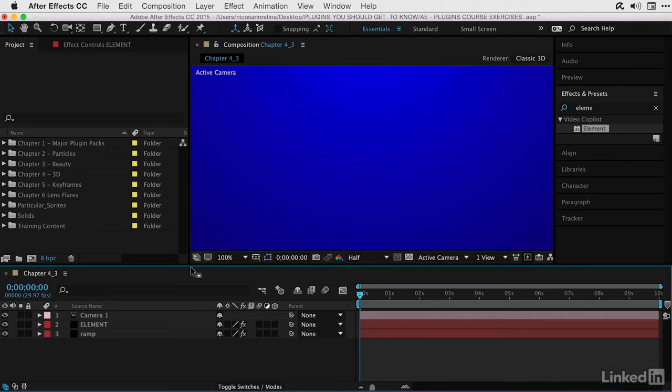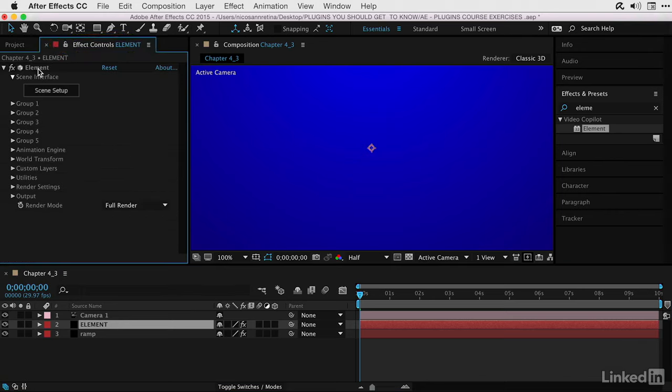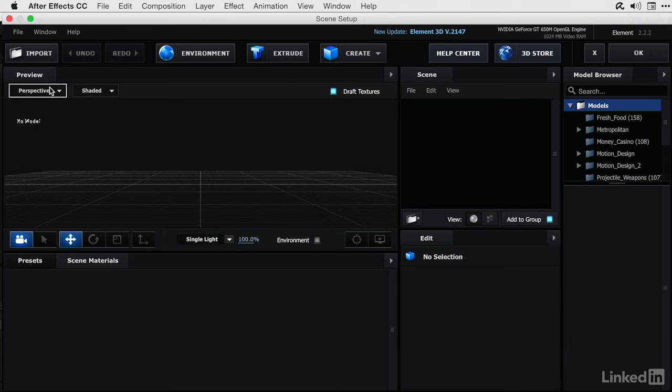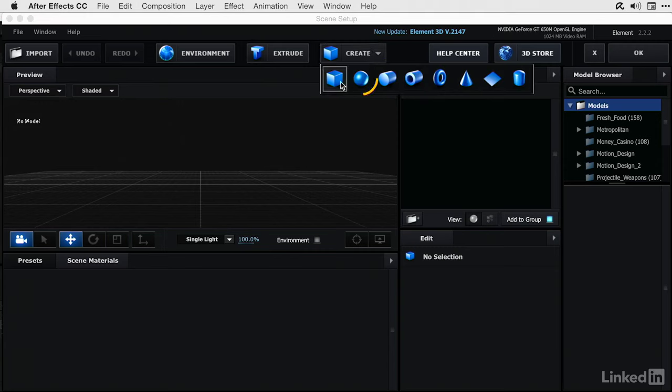inside of Element. I'm going to select the Element layer in my Chapter 4.3 composition and head over to my effect controls where I've already applied Element. I'm going to step inside the scene setup. Here, one thing we didn't look at earlier is the ability to create primitives. If I click on this button, you're going to see my ability to create a cube or something like a